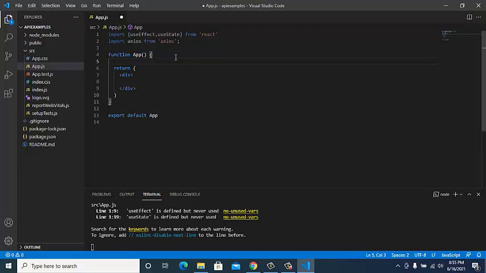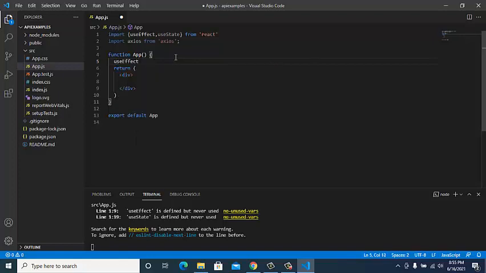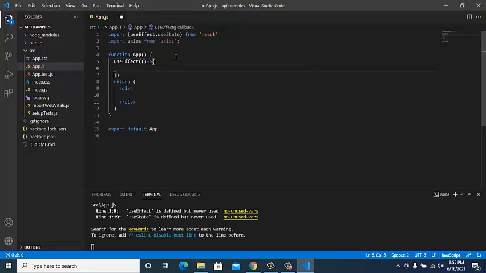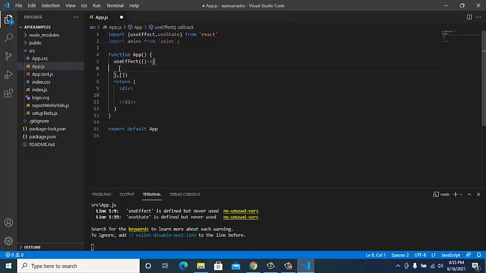Means it will get the data at the time of loading of that component only. We want the data at the time of loading of the component, so we'll use the second parameter as an empty array so that it behaves like componentDidMount.